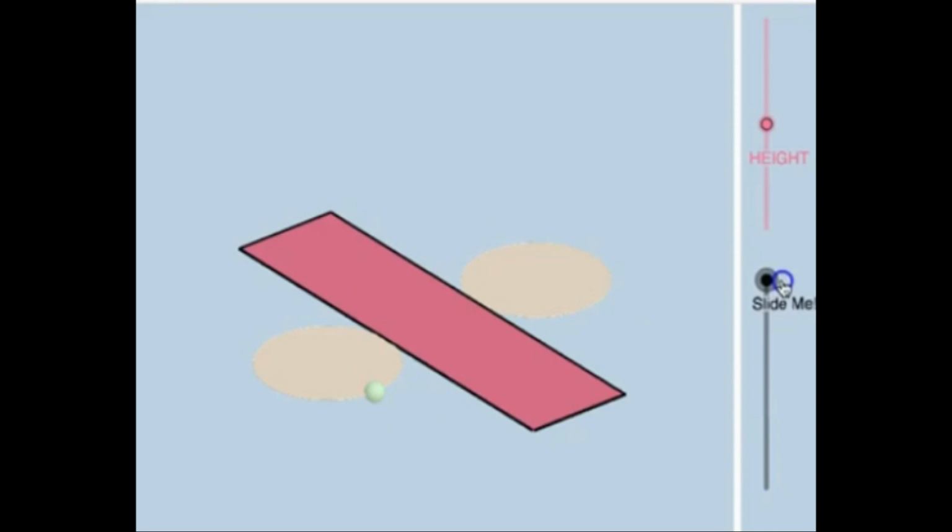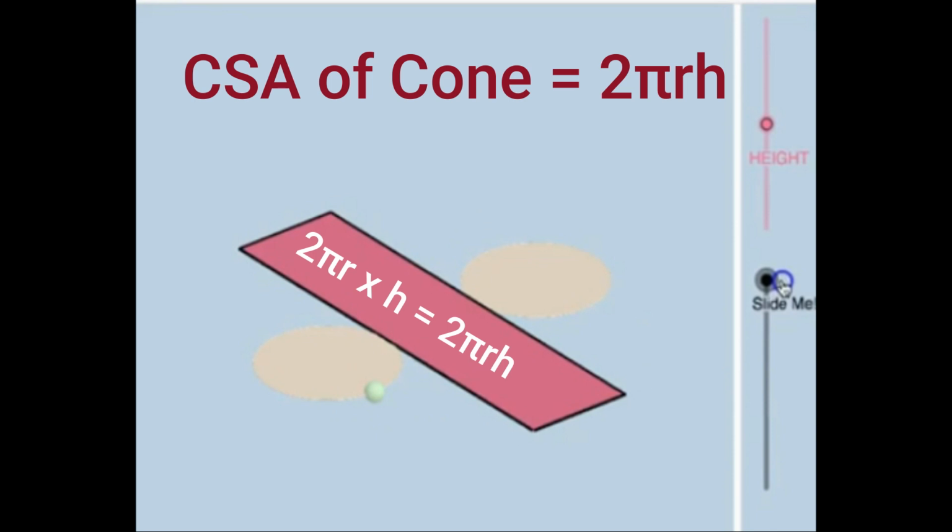So, how do we find the curved surface area of this cylinder? We just need to find the area of a rectangle, and this rectangle has the length equal to the circumference of the circle, which is equal to 2 pi r, and the breadth of the rectangle is equal to the height of the cylinder, which is equal to h. So, 2 pi r the length into the breadth h. So, 2 pi r h is our curved surface area,